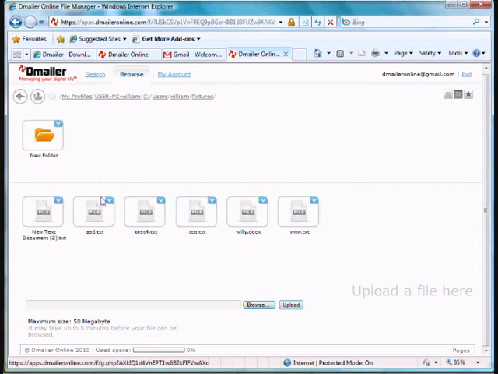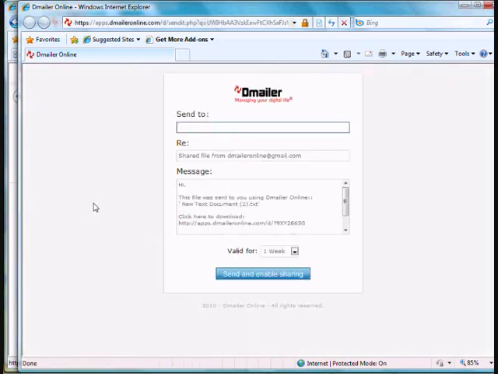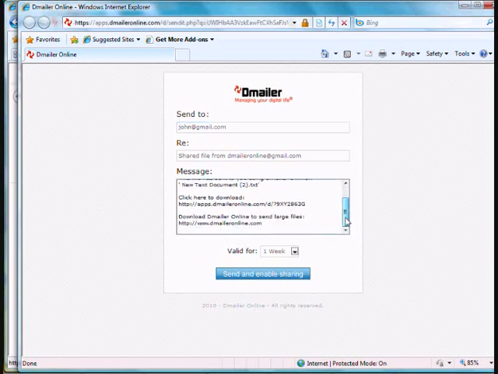Another very handy thing is the sharing feature. Okay, so I'll go through with this. Now what this allows you to do is to share one of your files with your friends. So this is in reverse of adding more. So what we could do is send an email to John, sharing one of my files with him. He will receive this email with a link in it. When he clicks the link, the file will be downloaded. So you also need to specify a valid time, so 1 week, a day, or unlimited. This just means how long the file will be shared for. Okay,